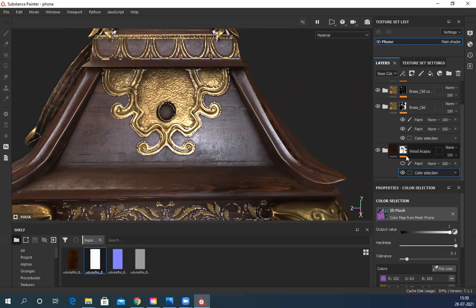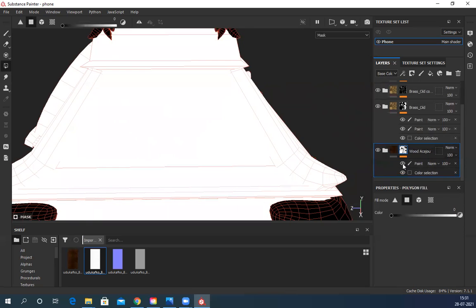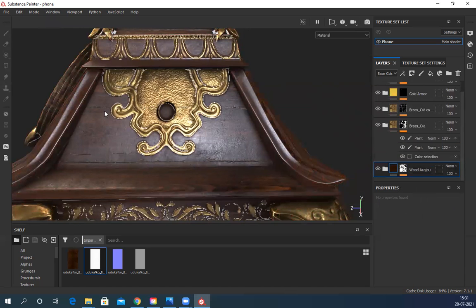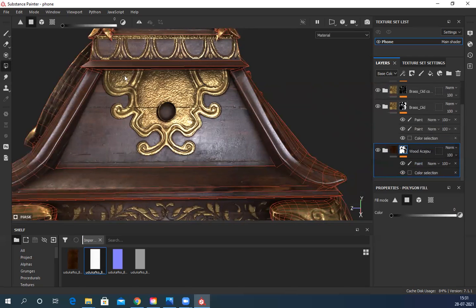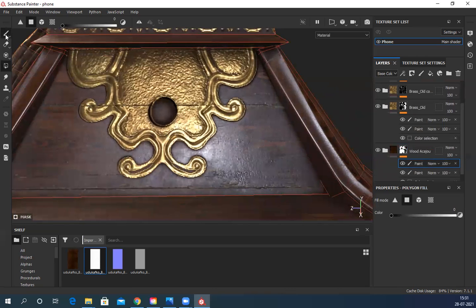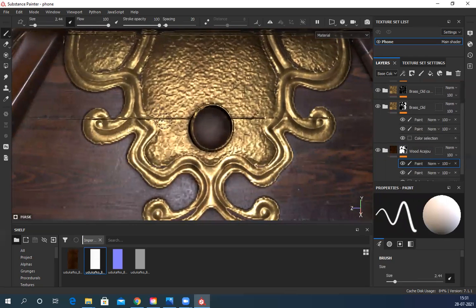So let's switch it off and see. This thing is already not part of it. Then I added this paint, so it became part of this thing. If I remove this and select, you can see those lines are not there. So I just added that paint to clean it up, and this entire part took that. Now I can simply add one more paint, and this time use the brush instead of poly selection polyfill. It's white. Let's press X, sorry, black, and just simply remove it.